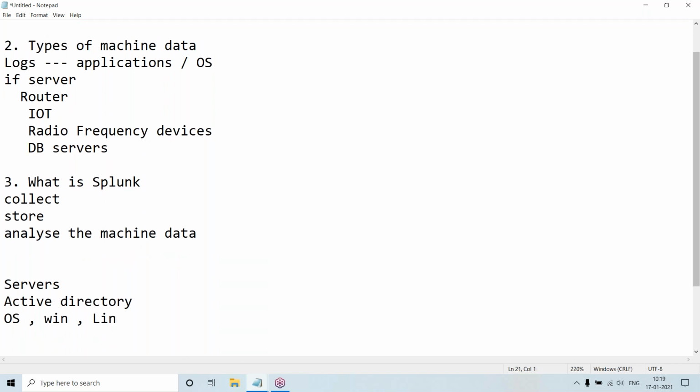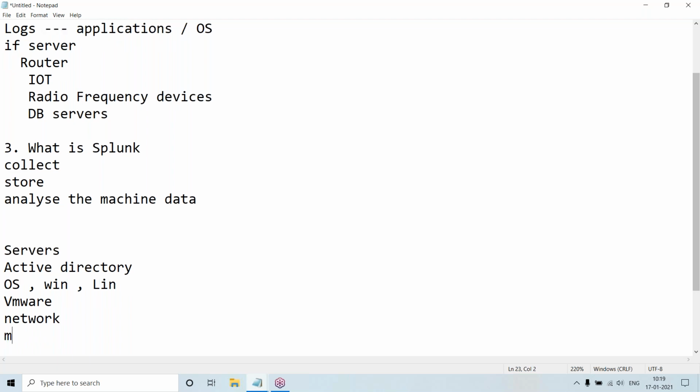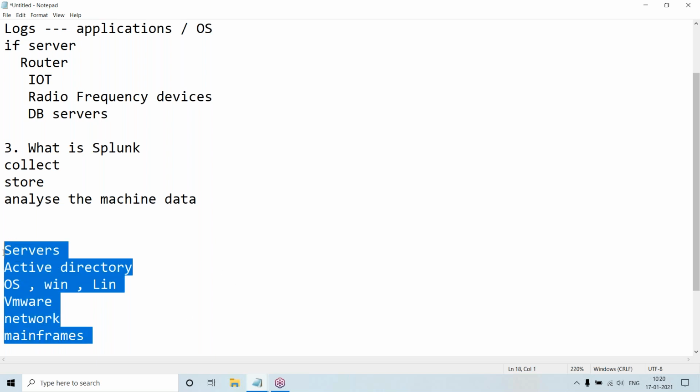It can get data from virtual machines as well, like VMware. It can get data from the network and mainframe systems. So like this, it can collect data from any source.